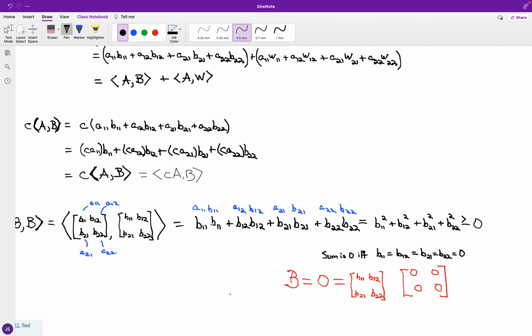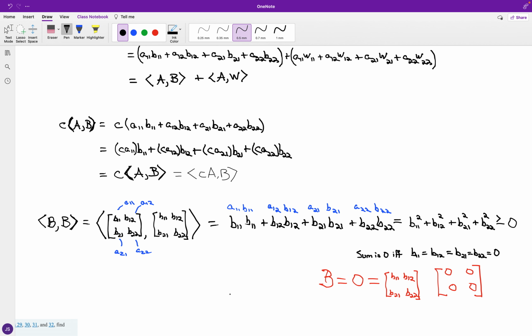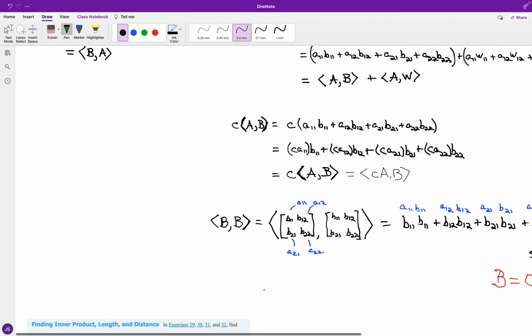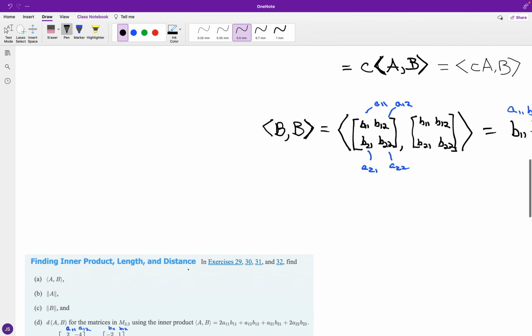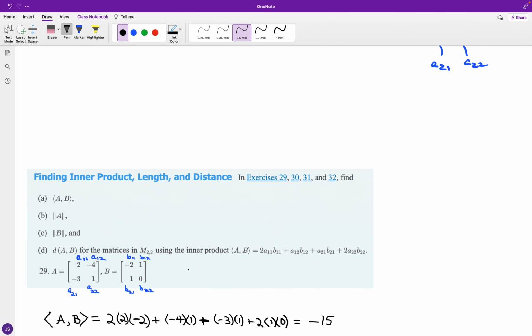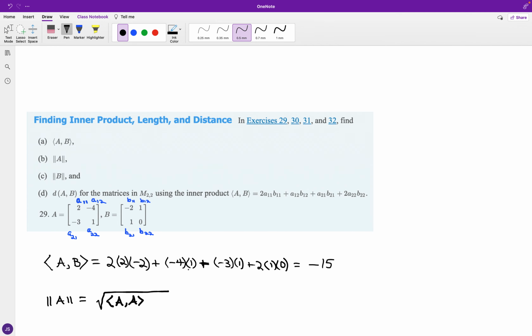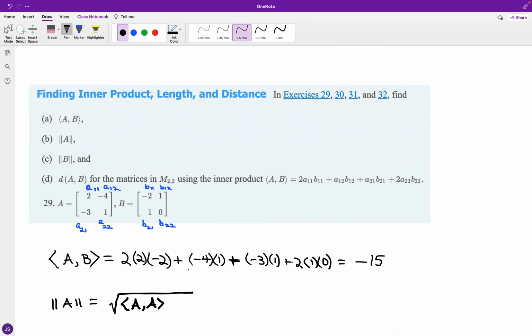So it's going to turn out that for this function, the inner product of A and B equal to A sub 1,1 B sub 1,1, all the way out to A sub 2,2 B sub 2,2, is a function that does define an inner product in that particular matrix space. And if we're looking at finding another inner product and also looking at the norms of A and B and also the distance between the matrices, we have, first of all, for 29, the matrix